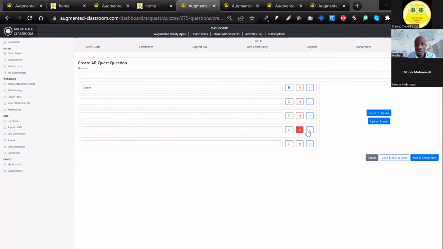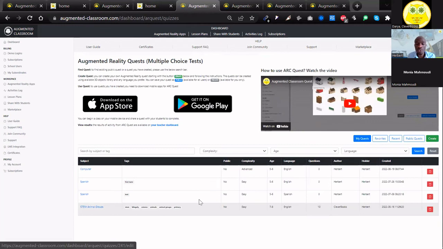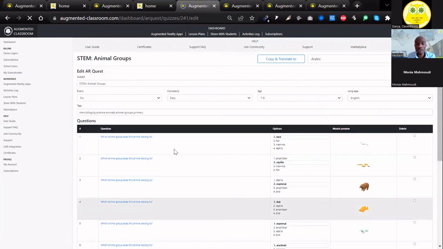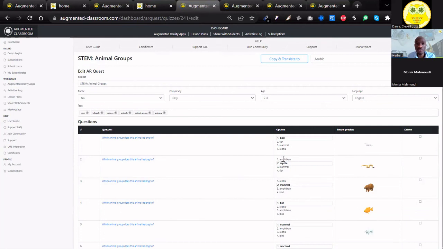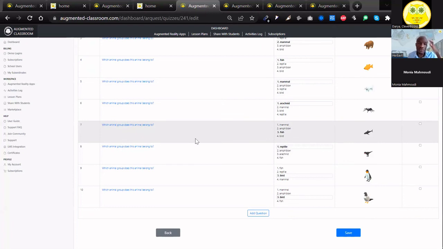Right now, I'm not going to create one because we are already over time, but I'm going to show you that once you've created it, and we have a lot of quizzes that you can see as an example, it's going to look something like this. You're going to have multiple answers, an image, and then your question, and then you can lead them to understanding how this works, how it all comes together. Am I making sense there? That could be one way of teaching them. Yeah, awesome. Fantastic. So that's just one way of teaching them.